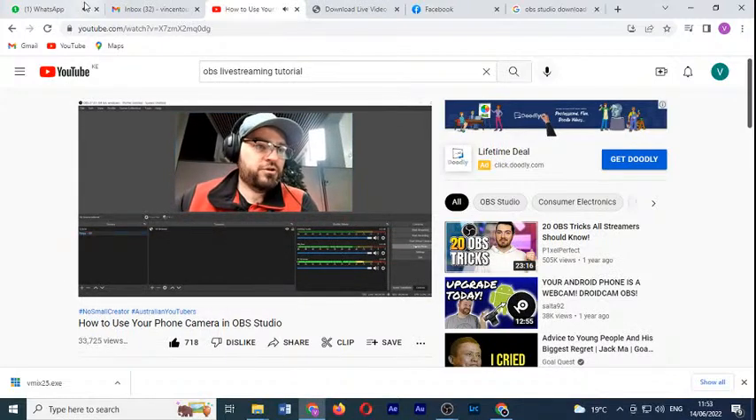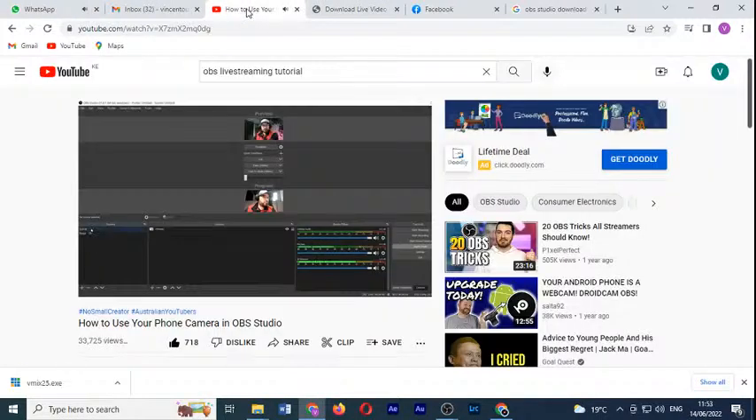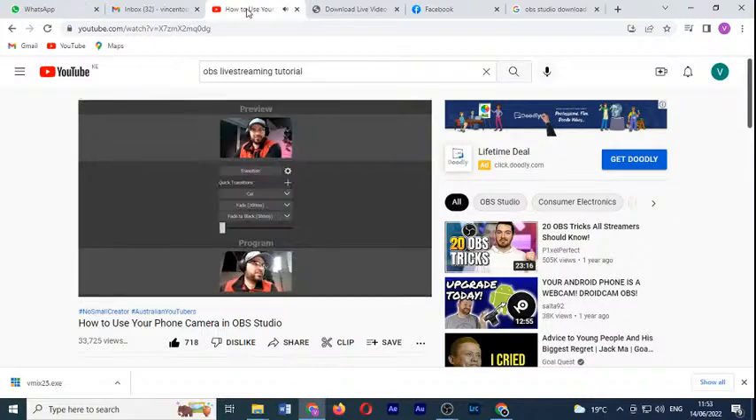And if I just click on studio mode for a minute, you'll be able to see both cameras running at the same time. So in preview, I now have my laptop